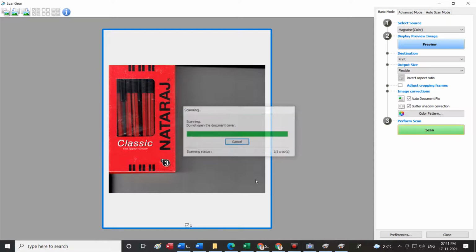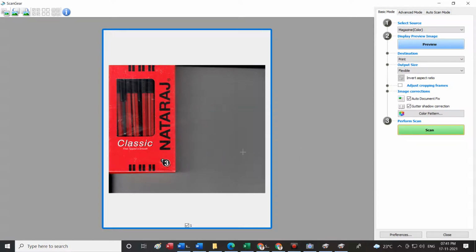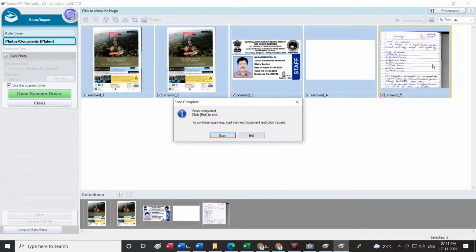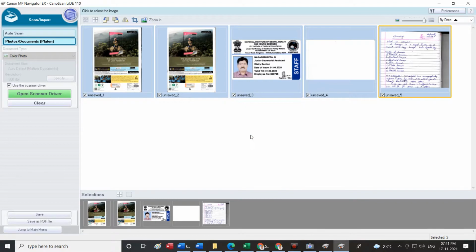No, I'll have to take the cursor and then I'll have to crop. I'll just show you now. Okay, it is scanned. So here is your course material. Exit. We'll go for one of the brochure scanning. I won't go for preview. I'll directly scan.